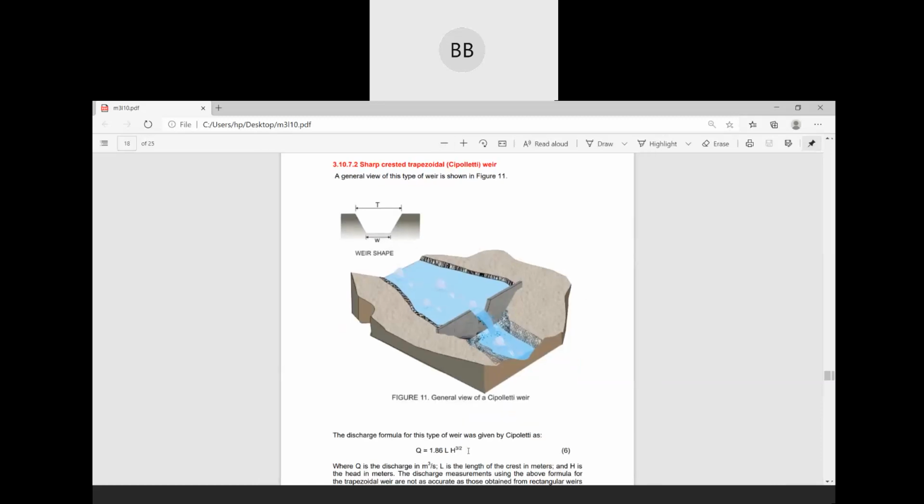Okay, and this is the equation. So you draw the diagram and you write down the equation. Everything will be the same. Only the shape changes, so that is why the equation is also changed. So depending on the discharge or amount of water, it changes the shape of the section.